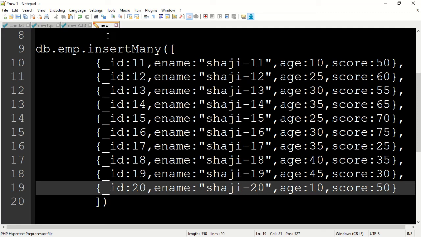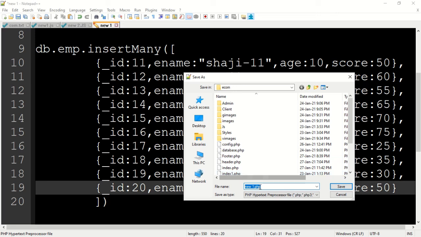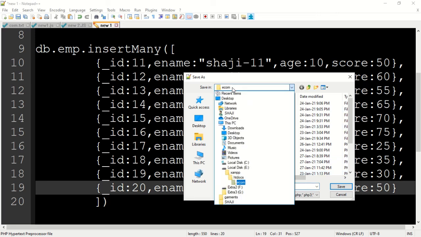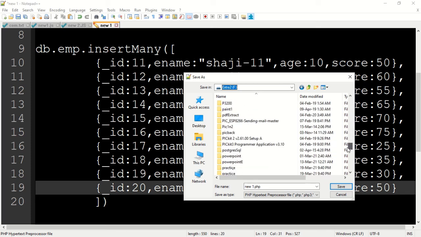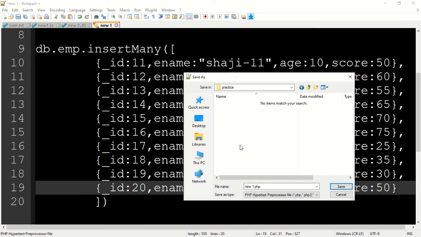So I'll save this, and it's asking for the file name. I'll say into the F drive, we say practice. In practice we'll say .js.